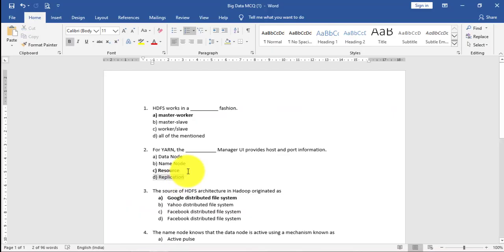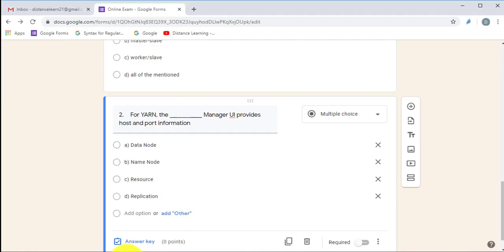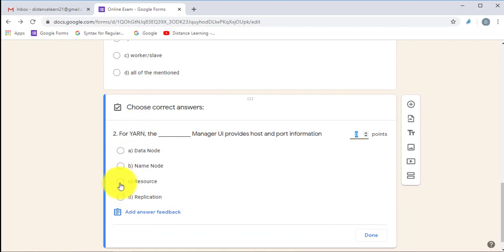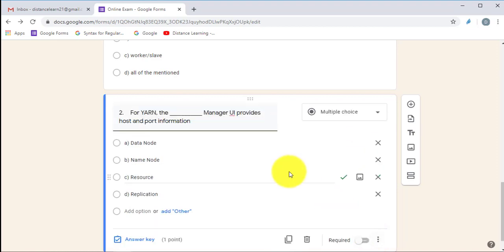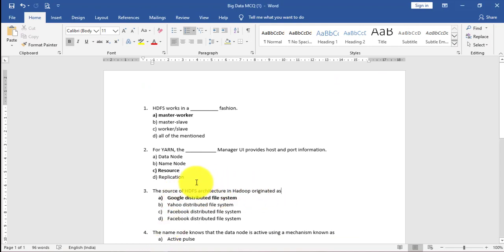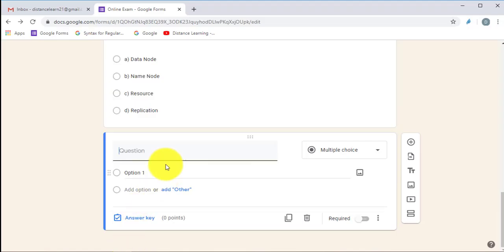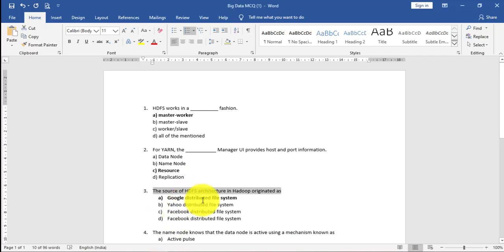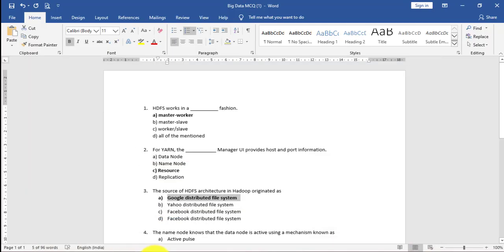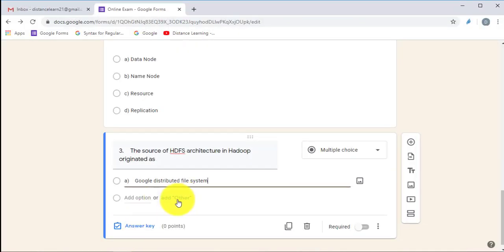Now I will check which is the right answer for this question. C is the right answer, that is the third option. Then again I will go to my answer key. I will choose my right answer as C, and I will allocate 1 mark for this question, and done. And for one more, last, I will add for you to get it more clear. I will copy my third question. So like this you can copy as many questions as you want to conduct this test. To avoid making this video lengthy, I will just add 3 questions. So that means this test will be of only what?